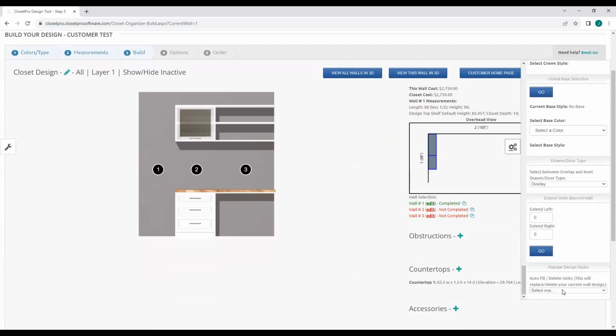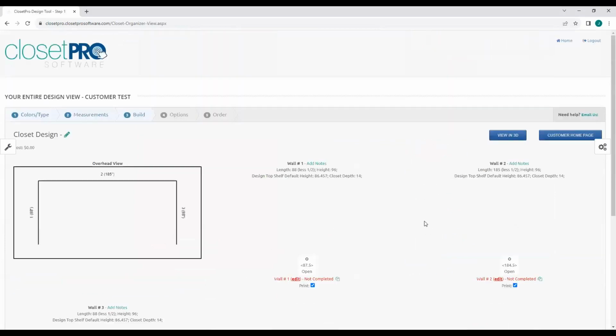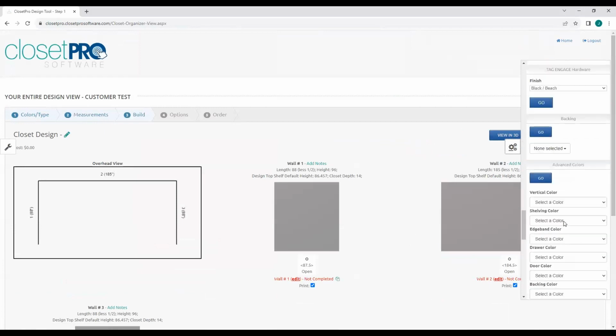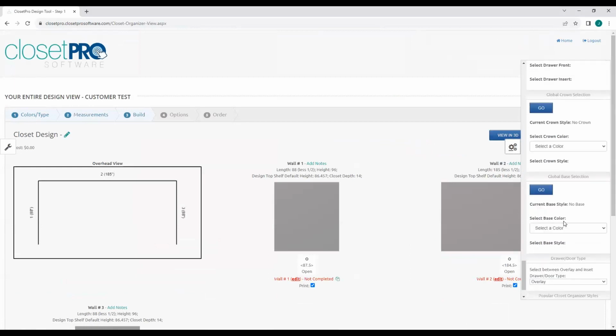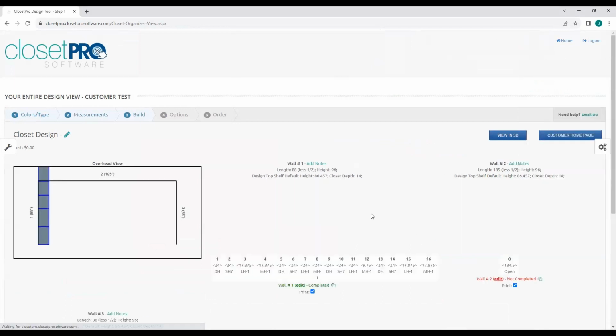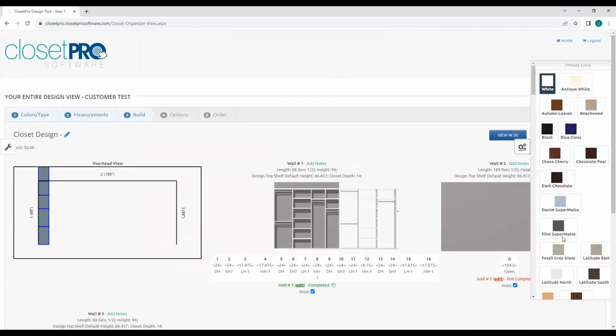Let me do something like this. Okay, remove all. And then I'll go back to all walls, and you can go the opposite direction as well. I'll use this for, let's say, showing crown. So we'll do a pre-fill. This should fill the entire closet. No, we bugged out. Okay. Let me just pull these out and